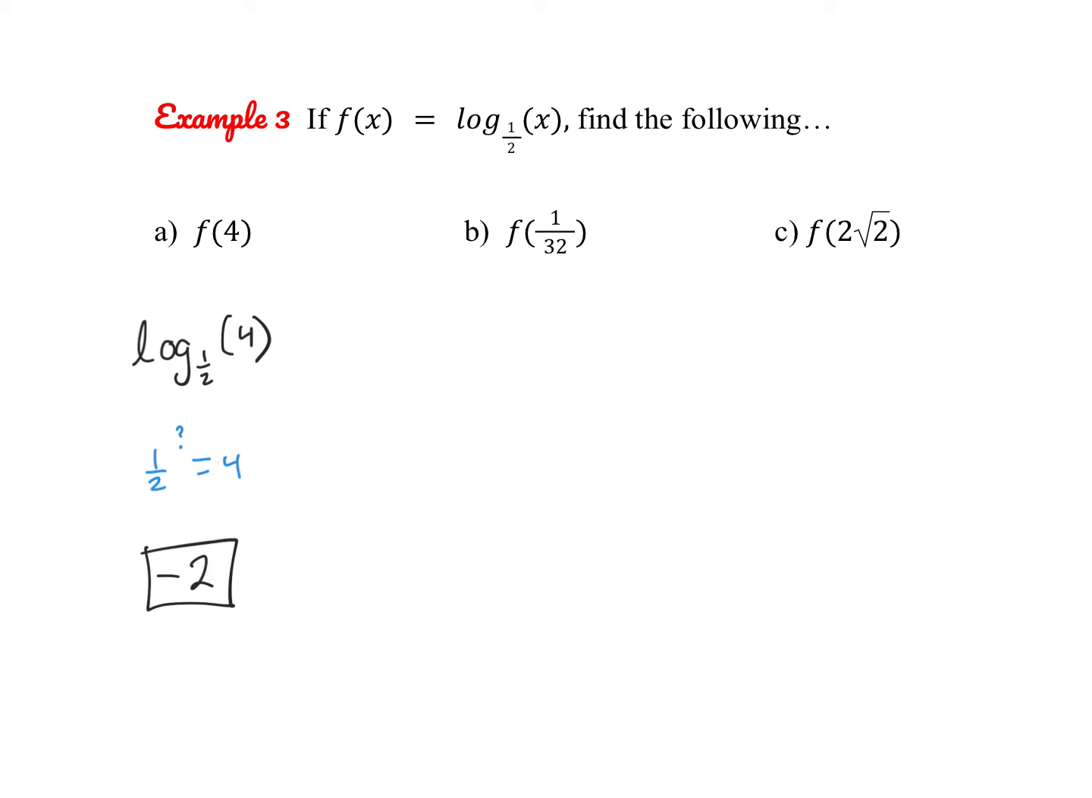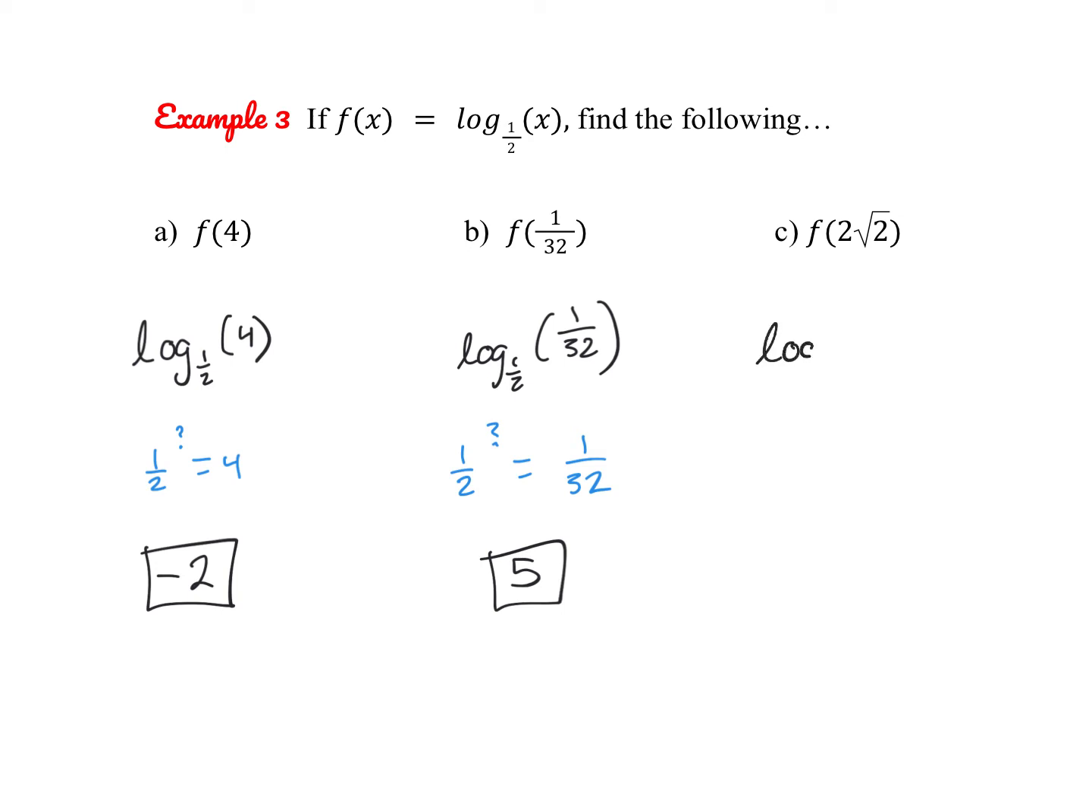All right, let's find now f of 1 over 32. So we're finding the log base 1/2 of 1/32. So I'm saying 1/2 to what power equals 1 over 32? I know that 2 to the power of 5 is 32. So the exponent must be 5. And notice it's 1 over 2 and 1 over 32, so the exponent does not need to be negative here. Okay, for